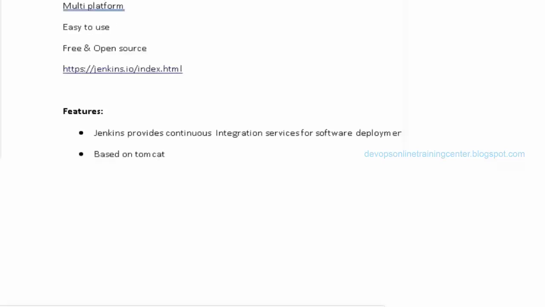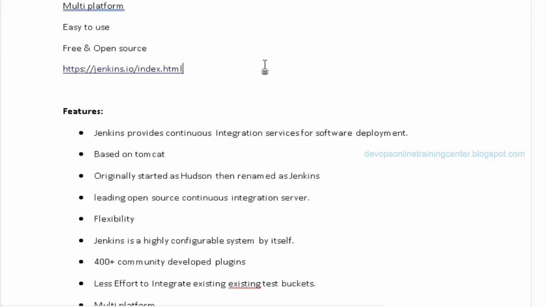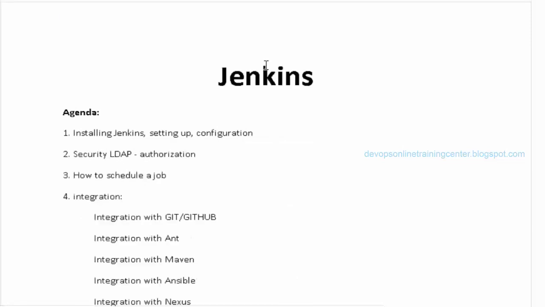There are a lot of options we use. Maybe you don't remember, so you don't have to worry. Everything is documented. You can just go through this document to understand how to add a slave. Everything is clearly given there.